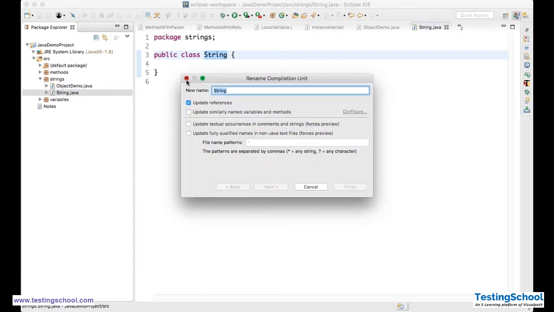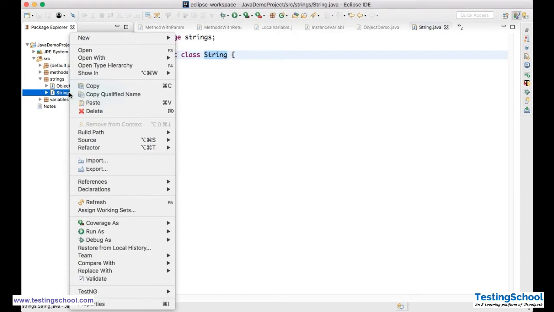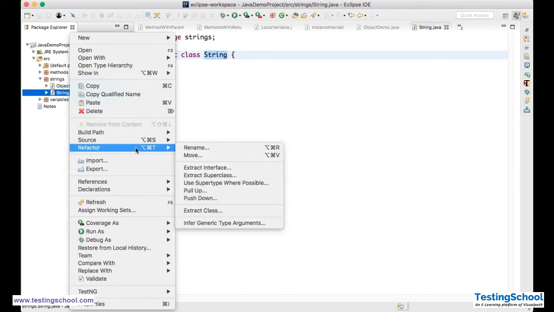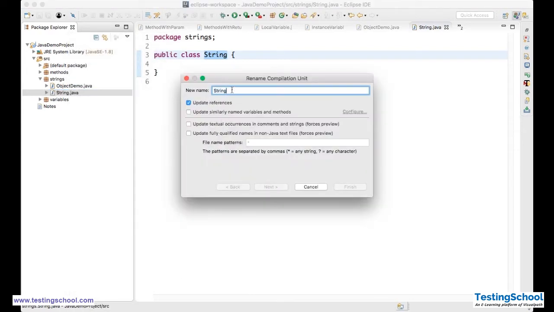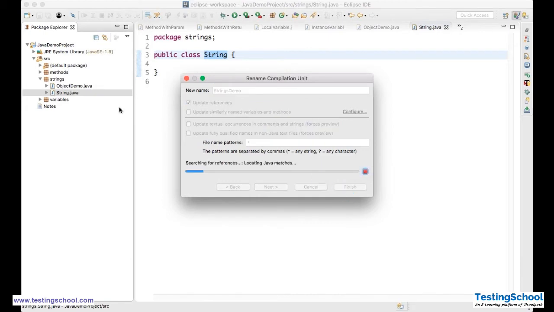That is one thing. Otherwise, right click, and you will have one of the options called Refactor. In Refactor you have Rename. When you say rename, StringsDemo, and then finish. You see that obviously the class name will also change. When you say rename, it will take some time.